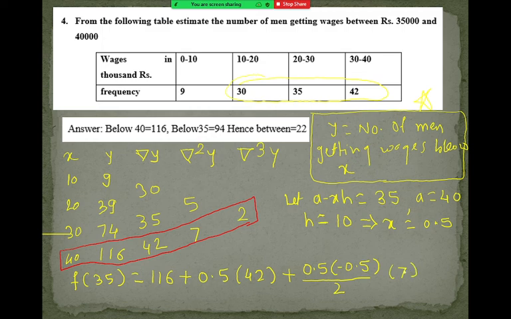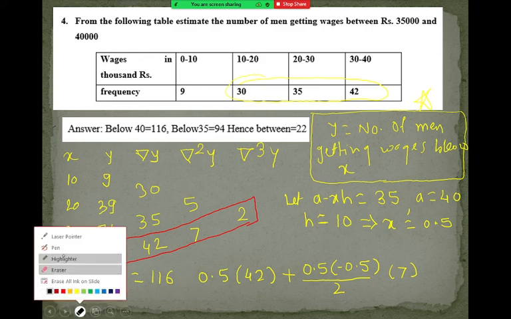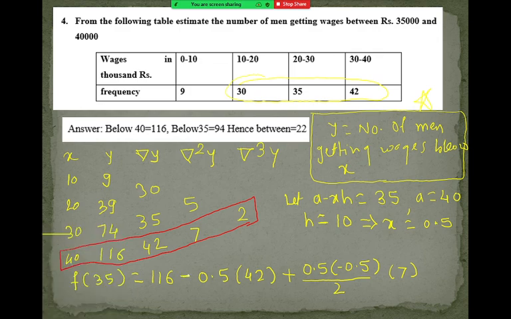So it would be 116 minus 0.5 into 42. Here is minus, na? Yes, sir. Alternate plus minus is there. That is the key. This is the silly mistake that few students again do. So you should remember the formula properly. Alternate plus minus sign is there in the formula. So this is the plus, this is minus, then plus, and lastly minus again. So the last term is a minus here, which is a 0.5